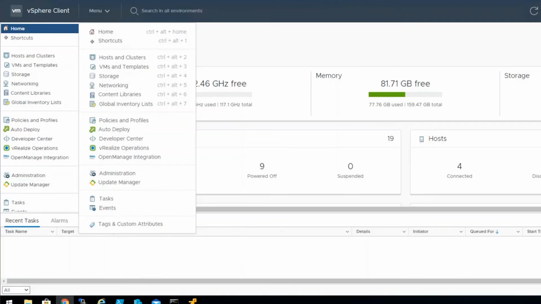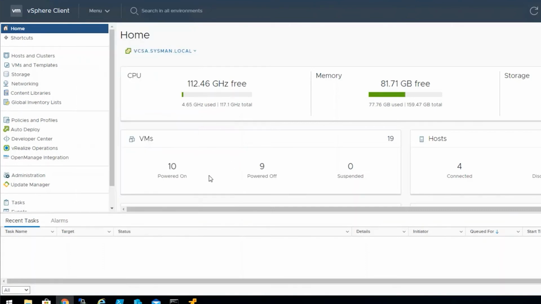Once the OMIVV database has been successfully restored and the appliance has been restarted, you will need to log back in to your vCenter and confirm that you can see the OpenManage integration plugin. If you do not see this plugin, in most instances you will need to log out of vCenter and log back in. In other scenarios, you will need to restart the actual vSphere UI client, either by restarting just the client part or restarting the complete vCenter.